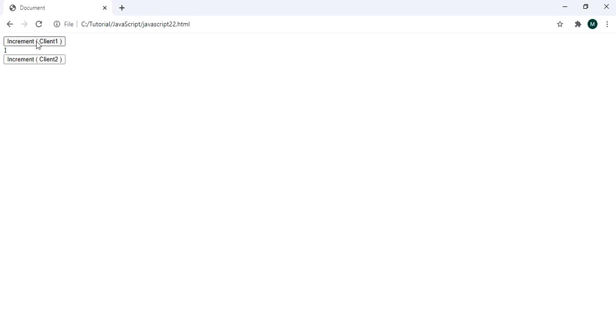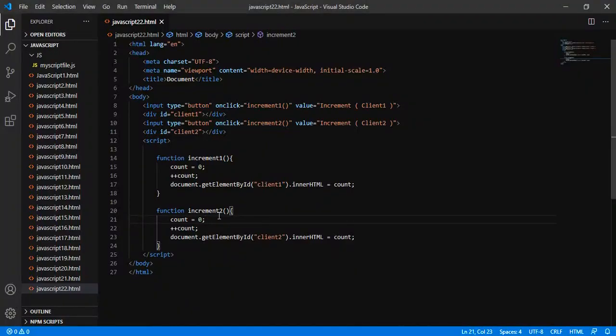When again I am clicking, it is not incrementing, same as with client 2, because now this variable has become local to the function, and when we call this function by clicking on the button, it simply assigns 0 to it. If somehow we are able to access this count from some outer side,